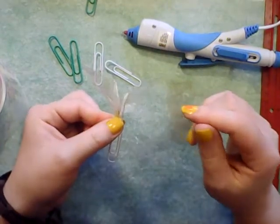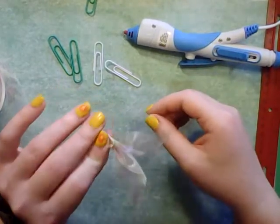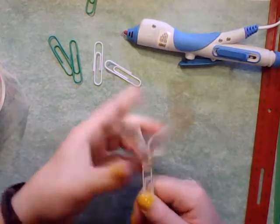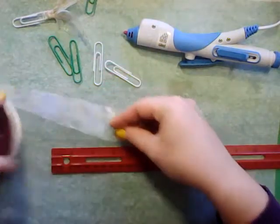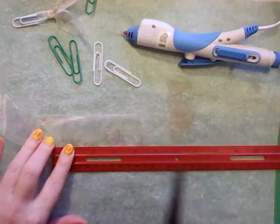You could do 2 5-inch ones and then have fairy wings, or whatever you like. Actually, I might do that. I might do another one that has 4. Let's try it again. Go 5 inches and